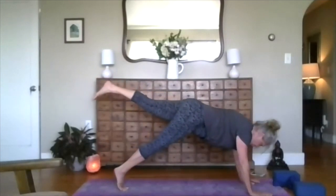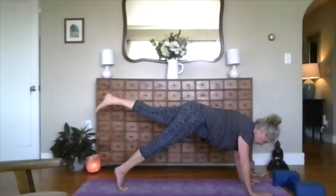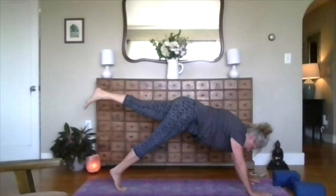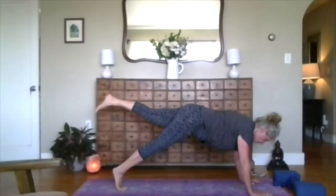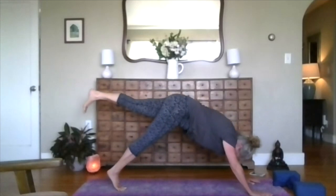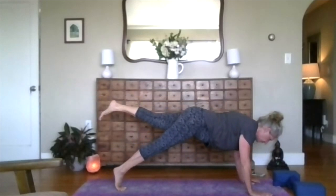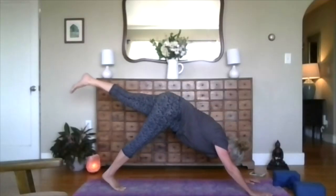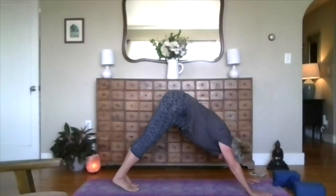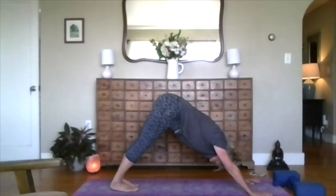Okay, inhale through, like that, and exhale back. Two more times. So it's always the pace of your breath, more than my cueing, and then press it back, lower the foot, take a couple more breaths in your downward facing dog,